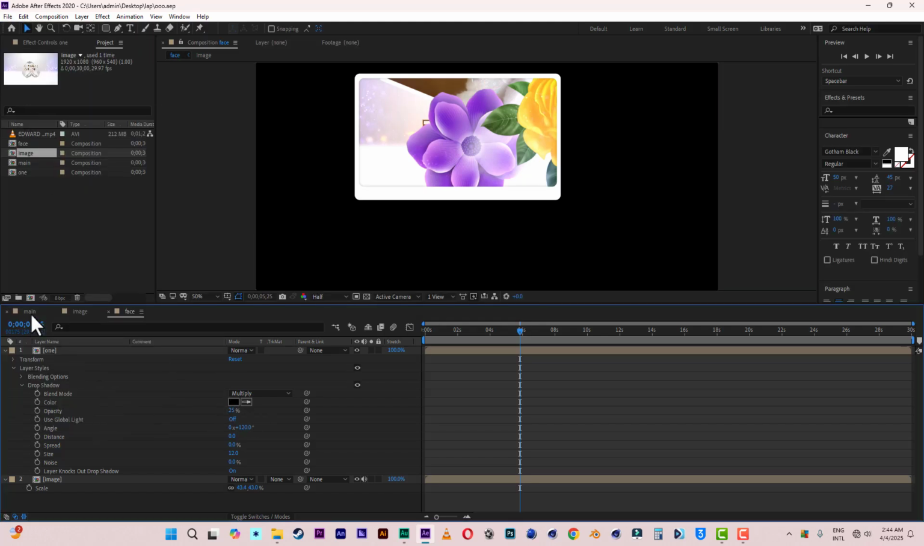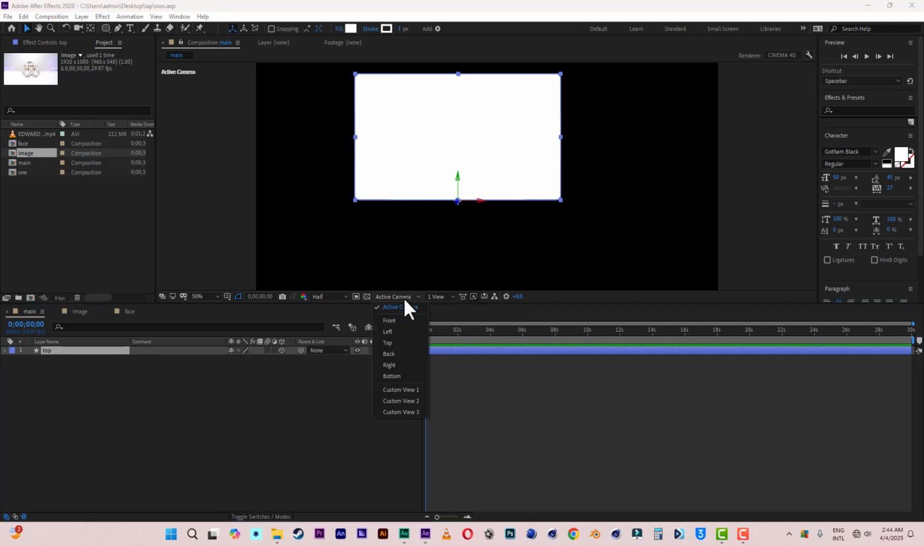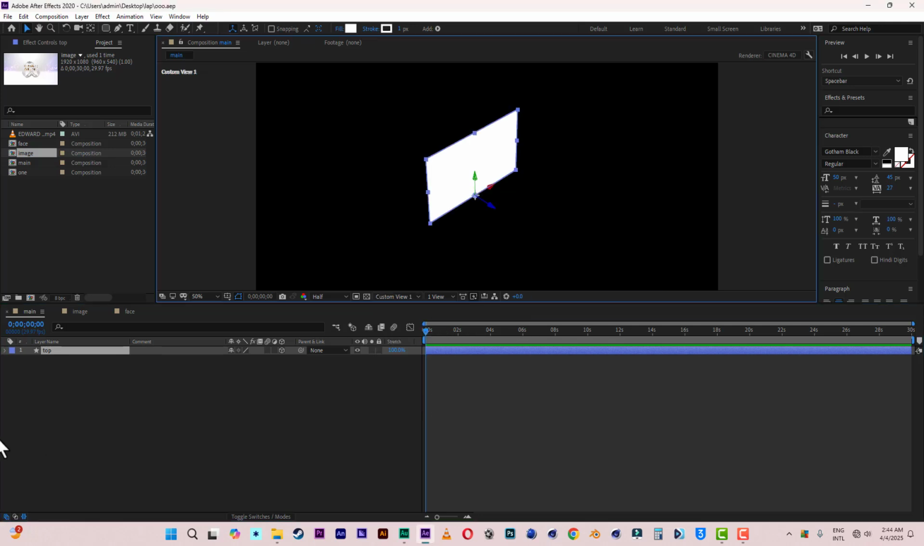Now let's head back to our main. Now inside our main, we are going to extrude this one. We have already made it 3D, so let's extrude it. All right, so let's switch the view to custom view 1. Okay, now let's